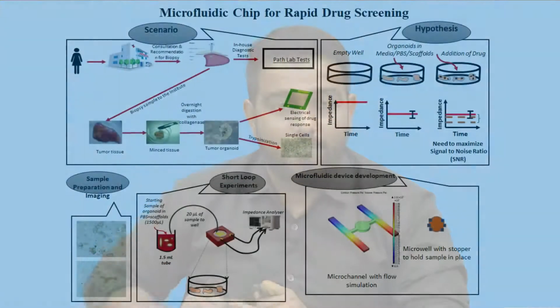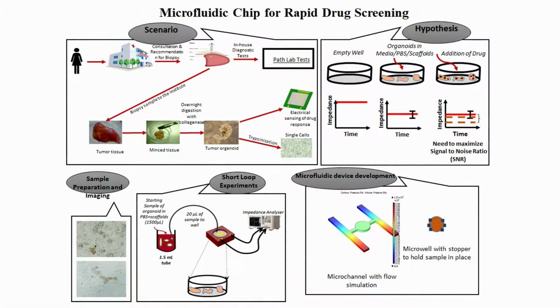If you see the screen, what you see here is a microfluidic chip for rapid drug screening. Let me first make you understand how the current scenario is, from the time the patient goes to the hospital and there is a consultation. Let us keep our focus on breast cancer, because, like I said, breast cancer is the second largest cause of cancer related death in women. So, when a woman goes to a hospital, there is a consultation and a screening which is called mammography.